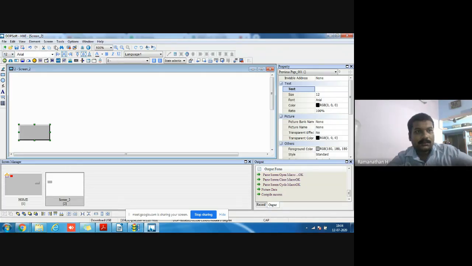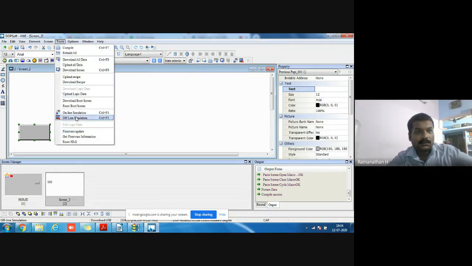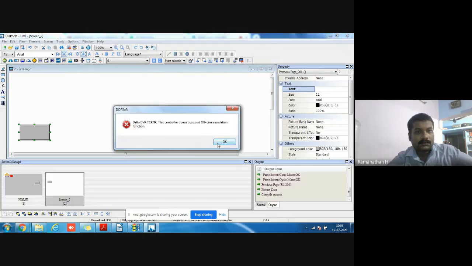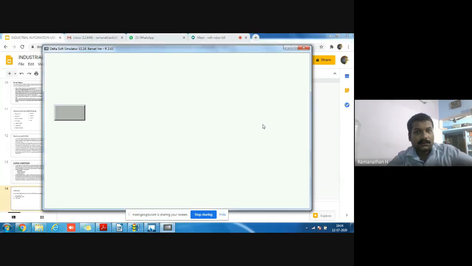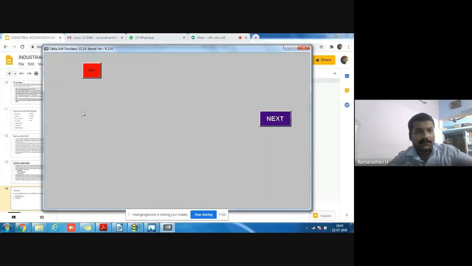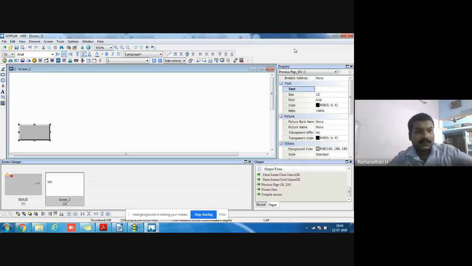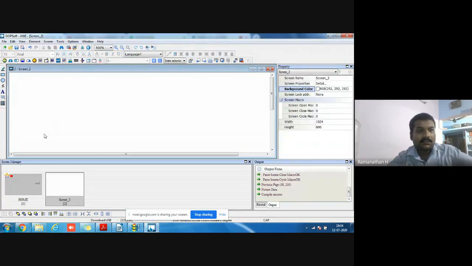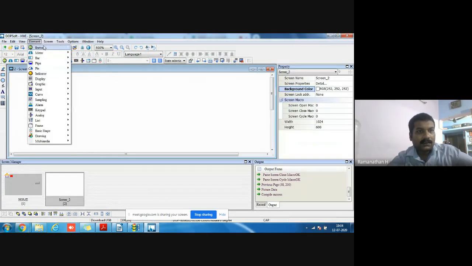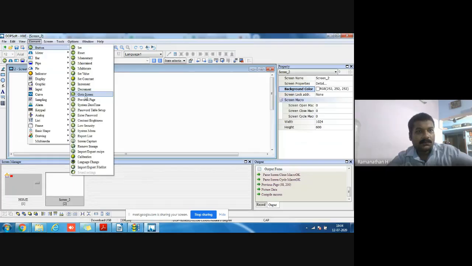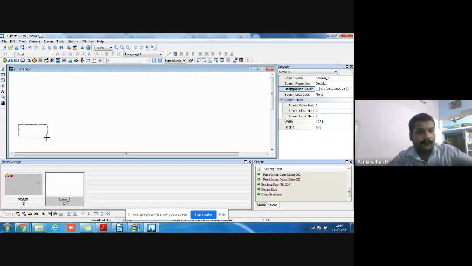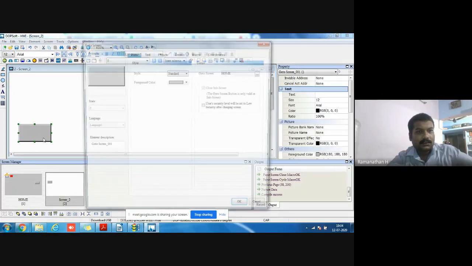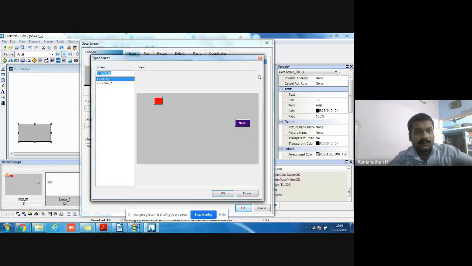Saving. Go to next page. Once you press it, it goes to the previous page. The same go to screen can also be used here. Instead of the previous page button, I use the same go to screen. Go to screen here, I give home screen.